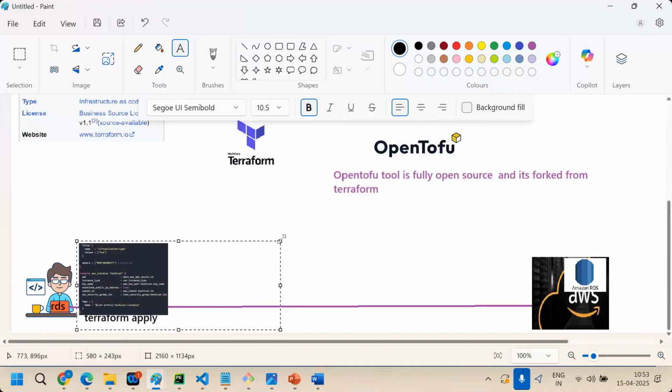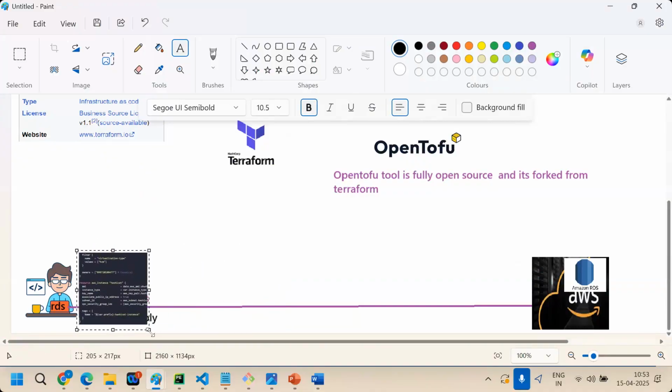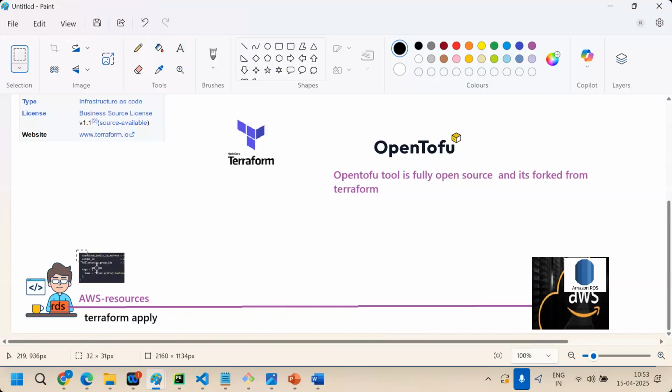This is the code I developed on my laptop to create an RDS. When I run terraform apply, I need to execute this code, and the request will go to AWS and create an RDS. This is the process I want.